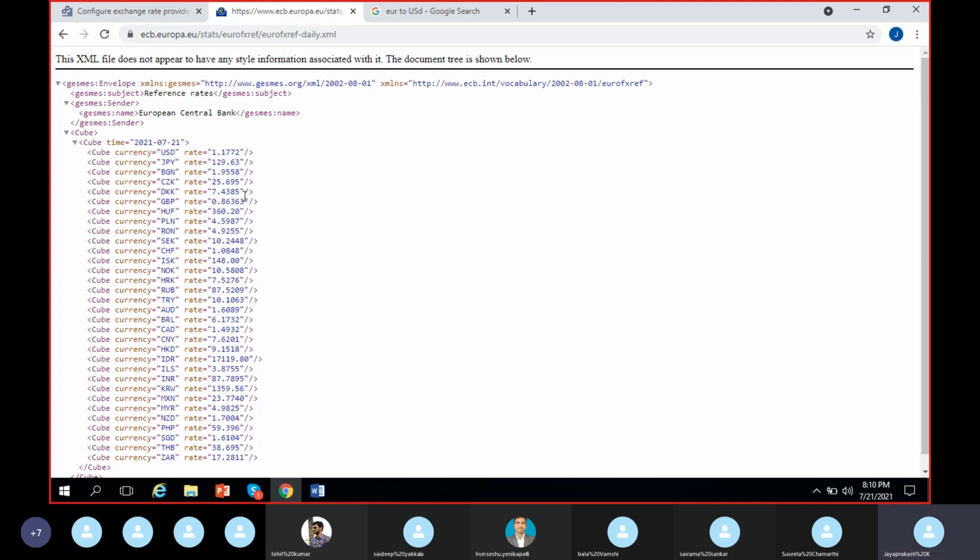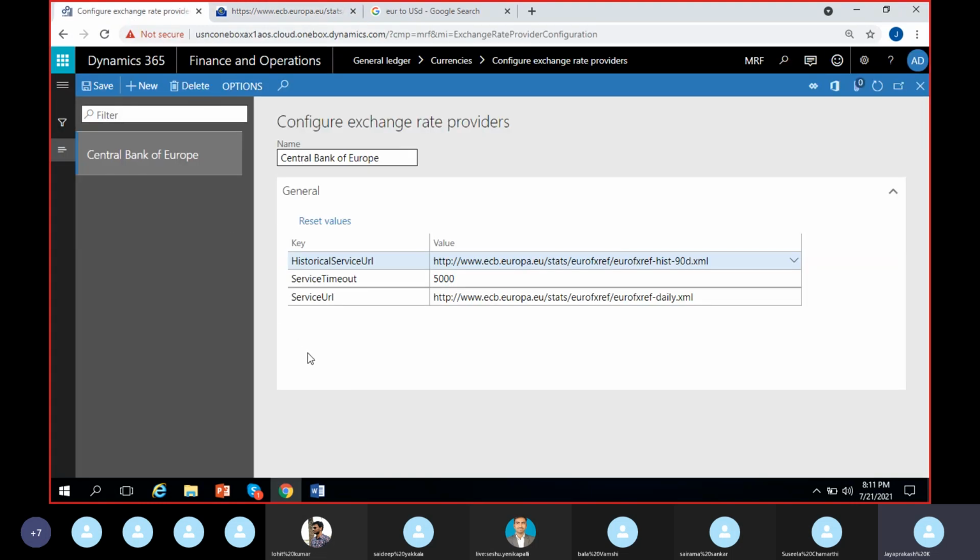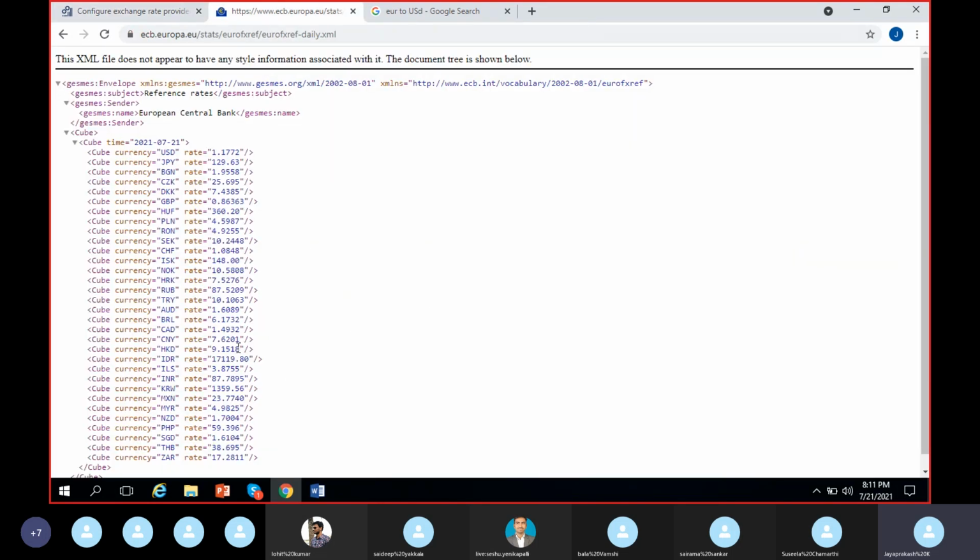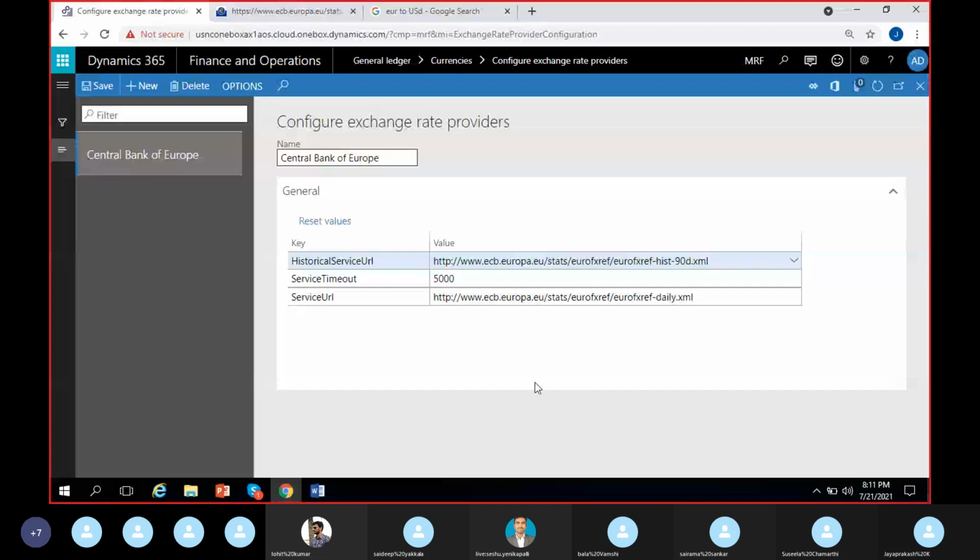In the same way, every day on this link, the Central Bank of Europe will update the exchange rates from the euro currency to other currencies on a daily basis. What Dynamics does is, if we run the import activity, it will import the same exchange rates into the system. So let's see how it works and how it imports the exchange rates. This is how we configure the